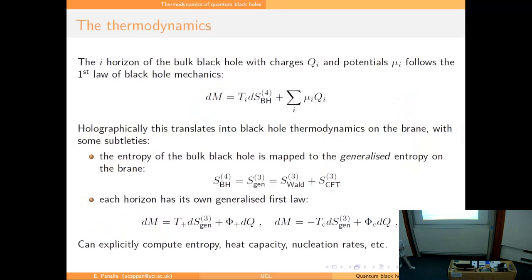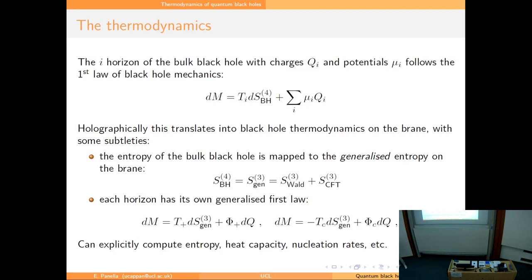Now, regarding thermodynamics, the story is pretty much the same. There is a first law of black hole mechanics in the bulk, usually with AdS thermodynamics. With AdS symmetry, the thermodynamics is a little bit tricky because you have these cosmic strings and you have conical defects, but we have removed all of them with our space-time surgery, so we don't need to be careful about that anymore. And you can actually explicitly check on the brane that this first law in the bulk induces these